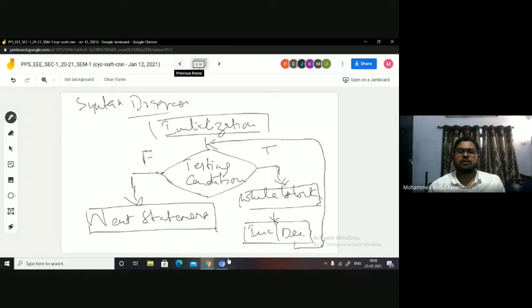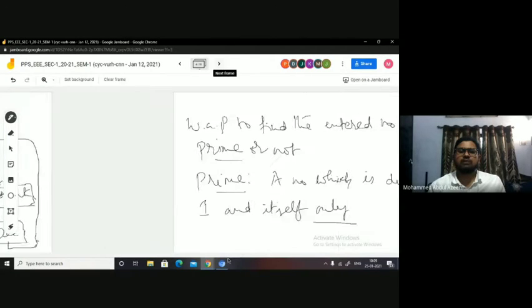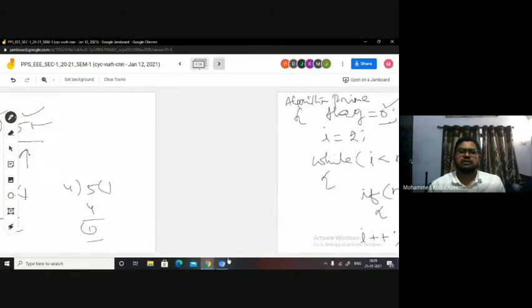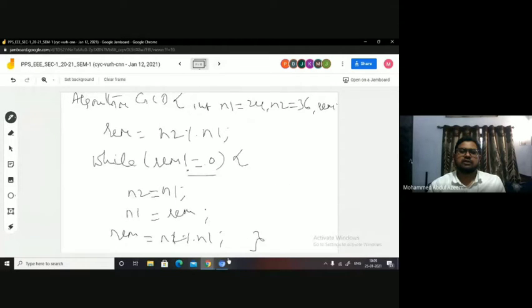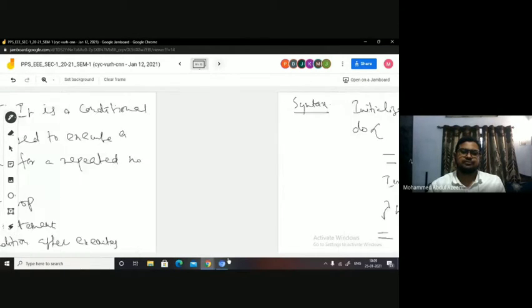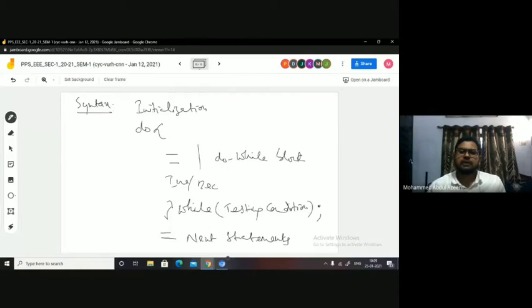But when you come to do-while, you can see that initialization is of course before, then you have do. It means the control will be allowed inside. You can straight away execute the do-while block and then increment or decrement.